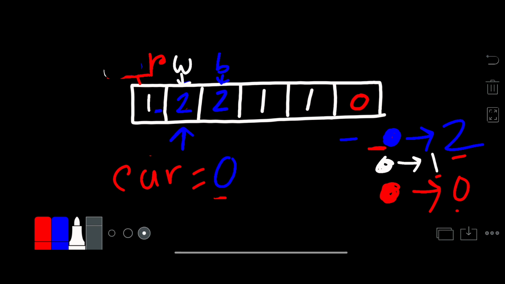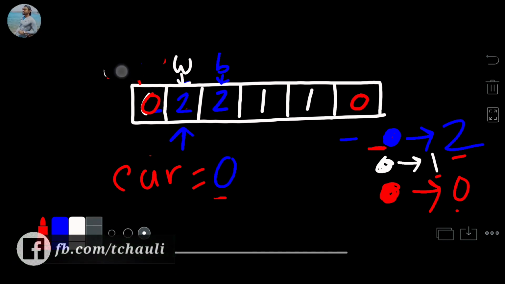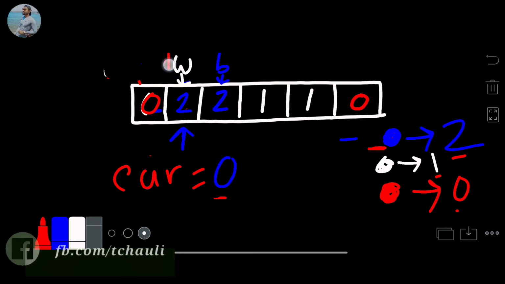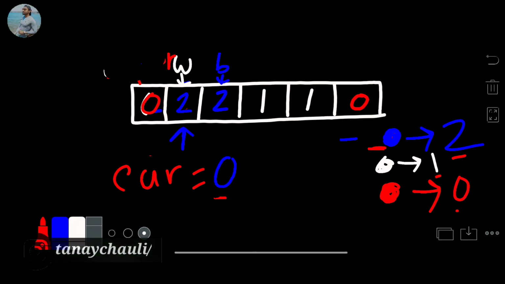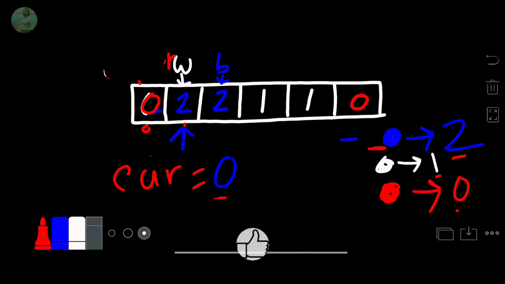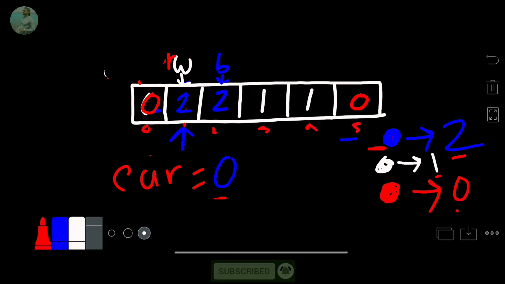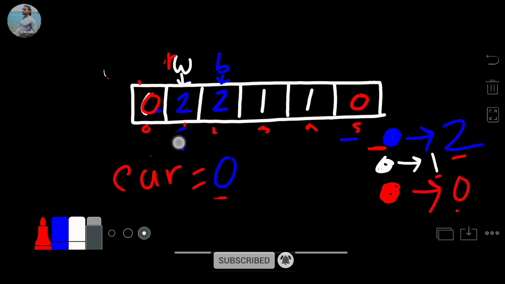Now I will update the value at the 0th index with the value 0 and increment the pointer. Now red and white point to index 1 and blue points to index 2. So now we will move to the next element.